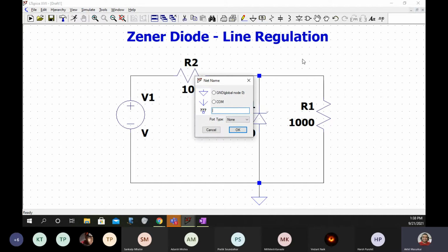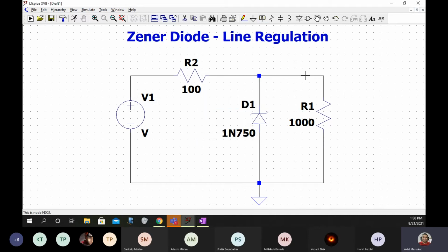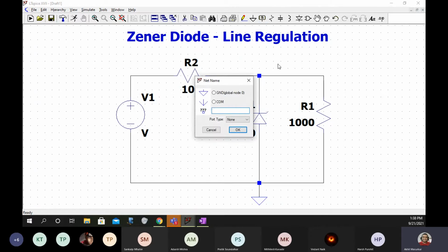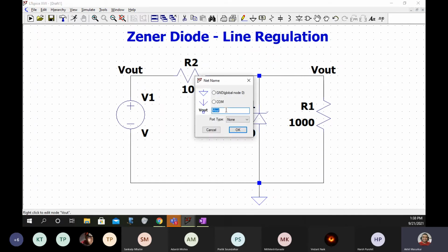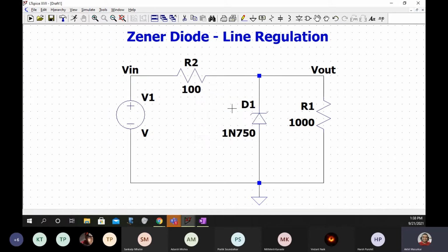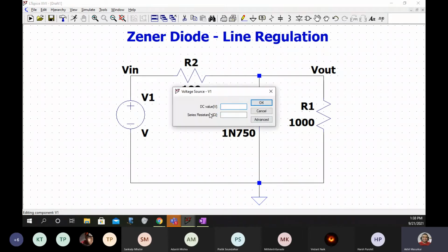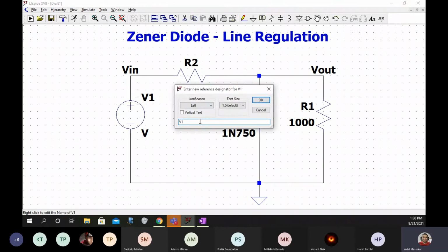Now here we will name this node. We will name this node using this label net. We will write V out and put it here. And on this side we have V in, and the name of this is also V in.